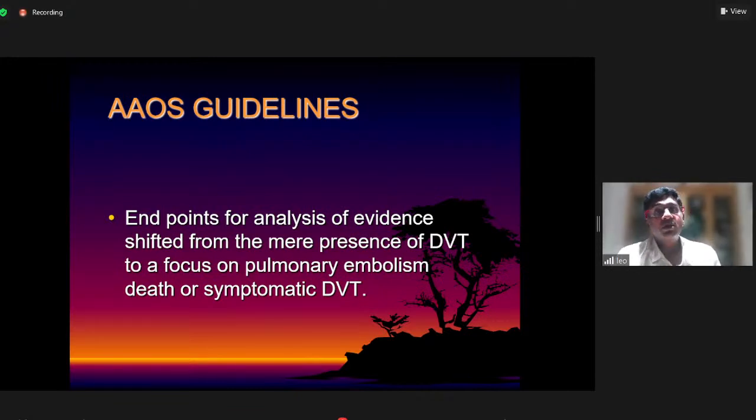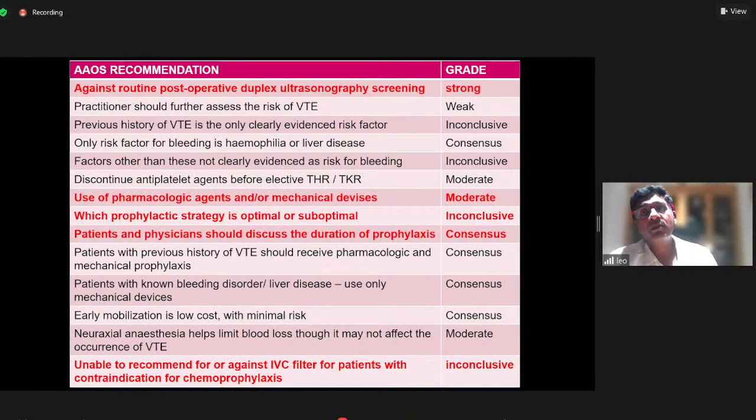So given these issues, the AAOS, which set up its own work group, which looked into all these issues, basically did one important thing. They shifted the endpoint of analysis from the mere presence of DVT to a focus more on pulmonary embolism, death, or symptomatic DVT. And sure enough, when they came out with their guidelines, the only strong recommendation that they could give with regards to